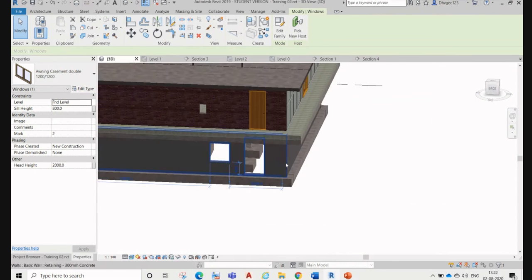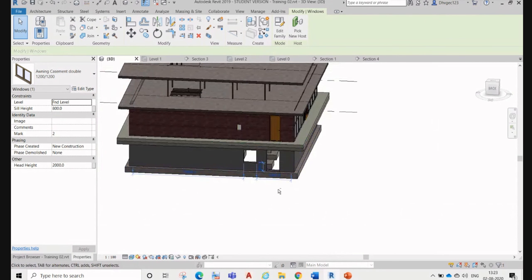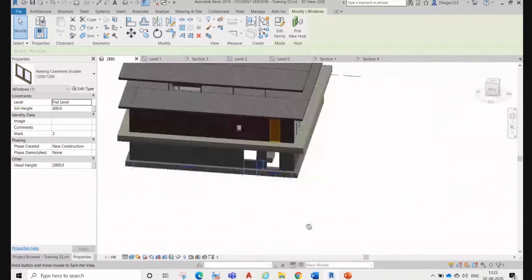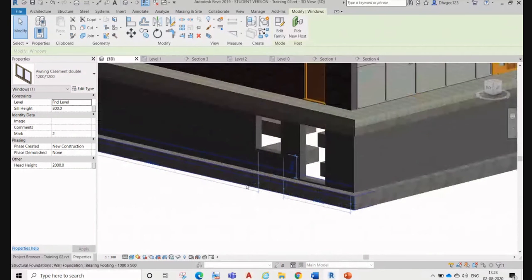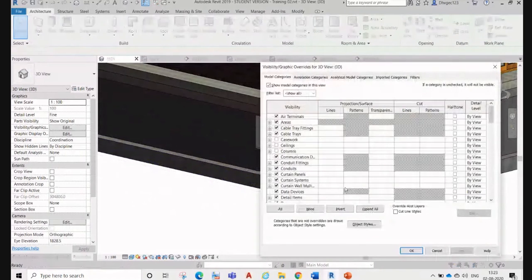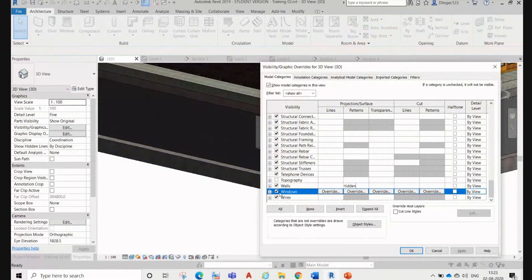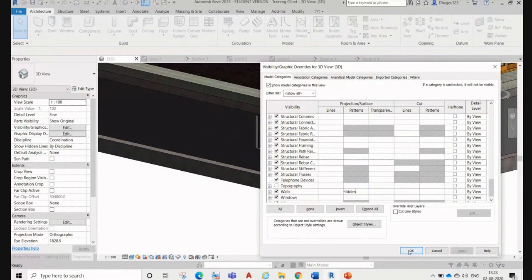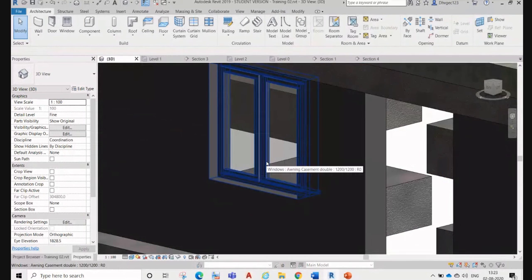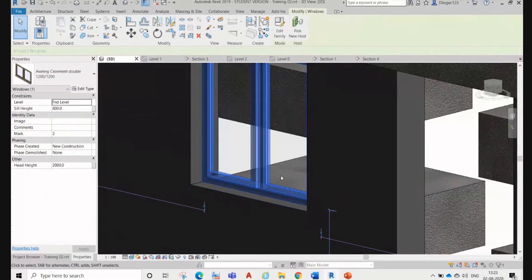Okay, and then you can see that over here, but you cannot see that. You have to check the window font. Okay, so here you can see the window. Again, you can just change and modify or load a new family.